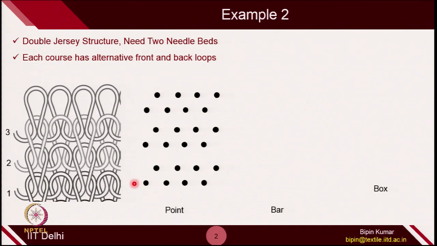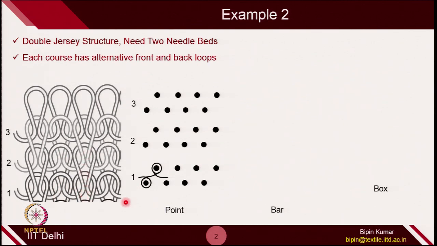This is the first course, and in the first course you can fill the front needles with technical front loops. This is how the technical front loop is formed on the front bed needle, and here the technical back loop is formed on the back bed needle, and these two are connected. If you check the symbol, this is how you represent technical front and this is how you represent technical back, and these two are connected. That is why this part, the sinker loop, is connecting the loops of these 2 needles. So, you have made the representation of these 2 loops, the first loop and the second loop.